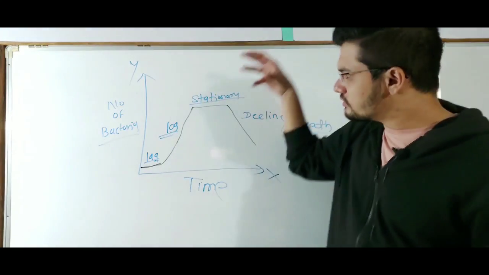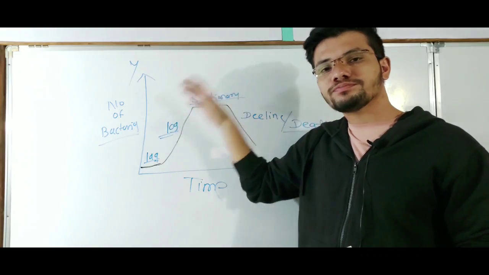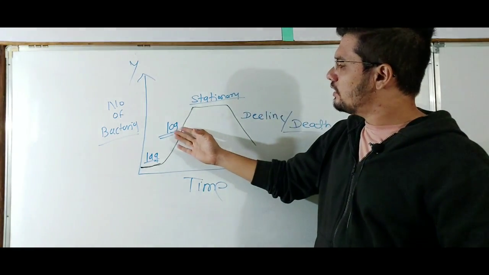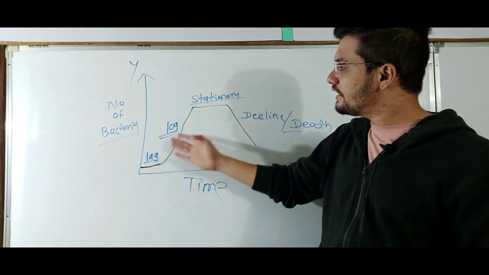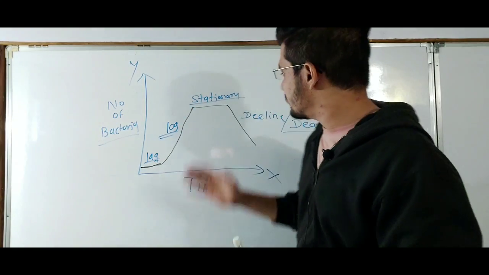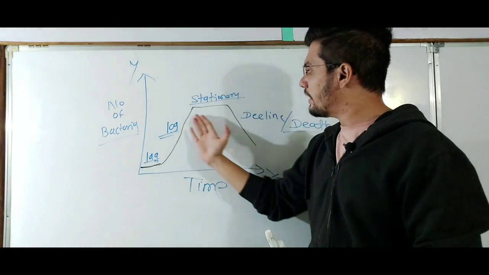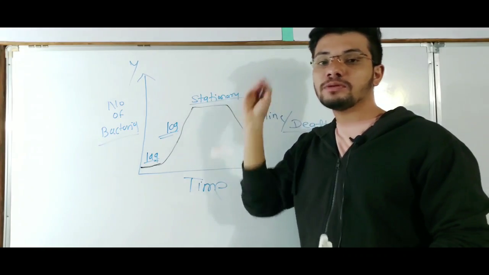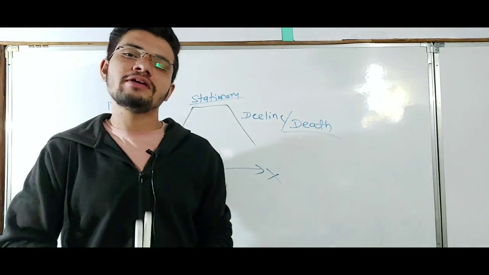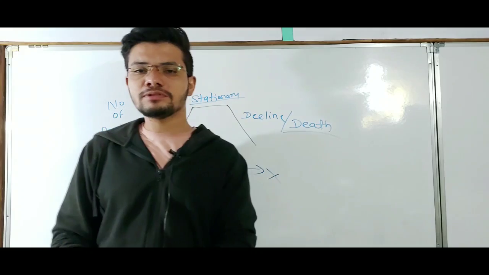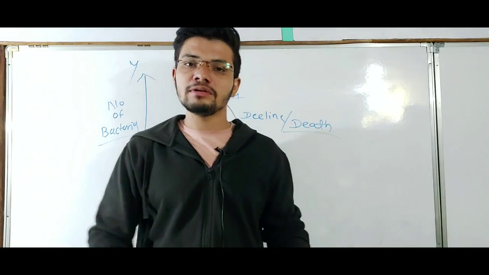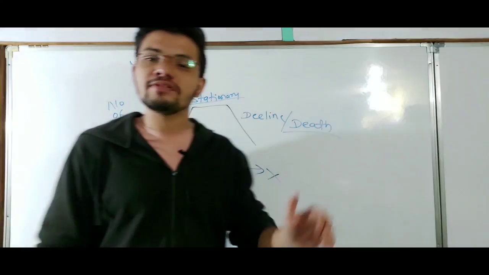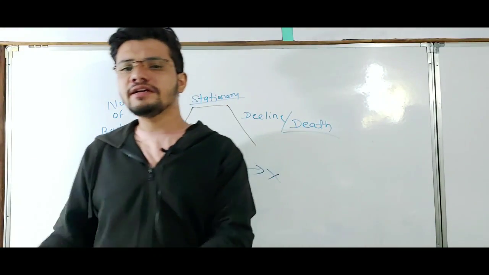Suppose we are continuously providing bacteria so much medium, during log phase or stationary phase, and we are continuously providing bacteria medium. Then the decline phase will not occur. Bacteria will grow exponentially like in the log phase. As much as we provide them food or medium, they will grow. As we stop providing them food or medium, they will stop their growth, and the stationary and decline phases will occur, like in the continuous culture.